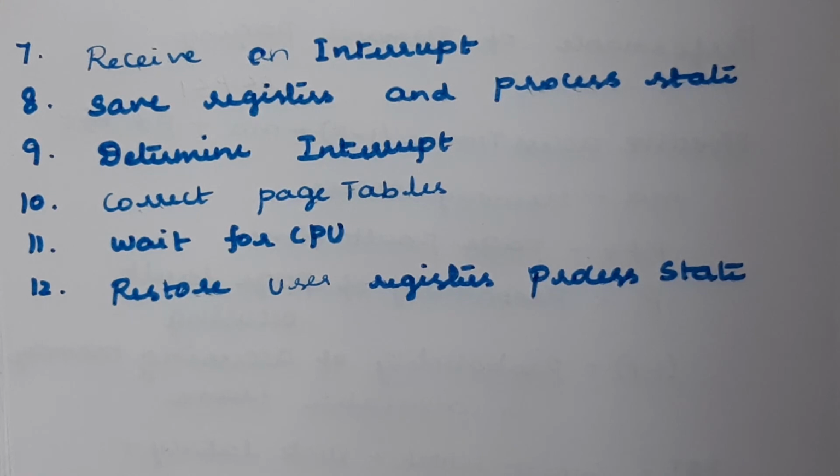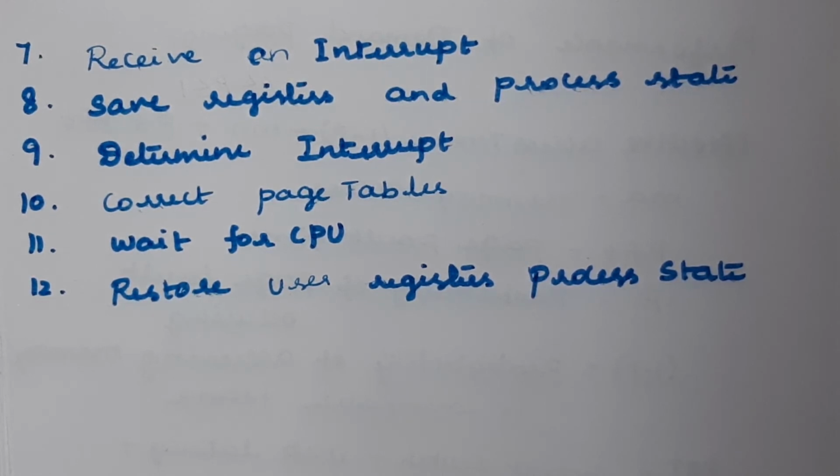So we should schedule this particular process again to the CPU for execution. And before that, we need to correct the page table and all other relevant tables to show the desired page is now in memory. That was the 10th step. And the 11th step is we should wait for the CPU to be allocated to this process again, because the scheduling has to be done again, since we have given the CPU to some other process, so it has to stop its execution and resume this old process. And finally, it will restore the user registers and process state.